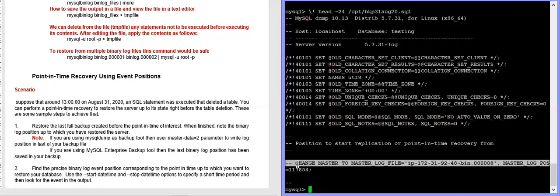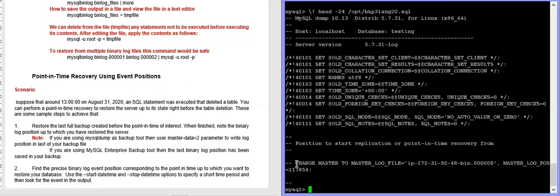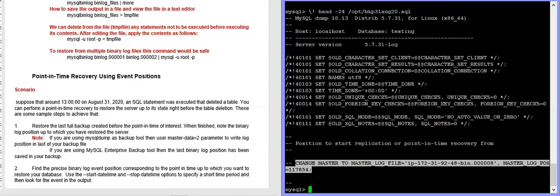So you can see in the backup file the change master 2 command, the current log file position when you took the backup, and the master log position. Okay, this is the master log position. So let me copy this, it will be helpful when you recover it.